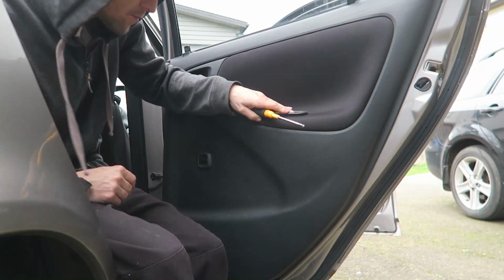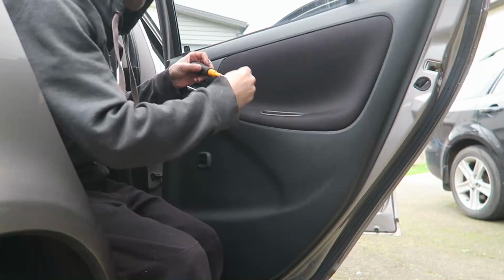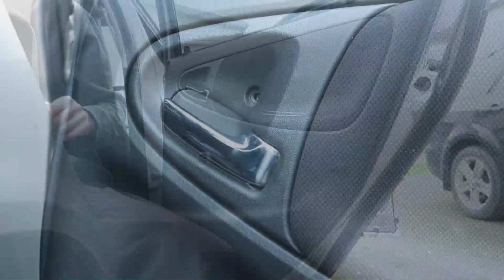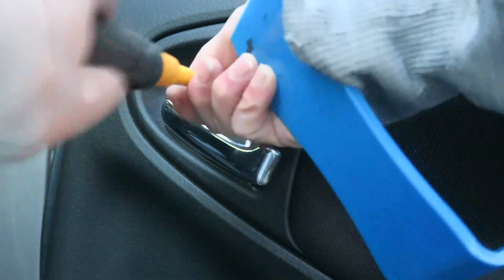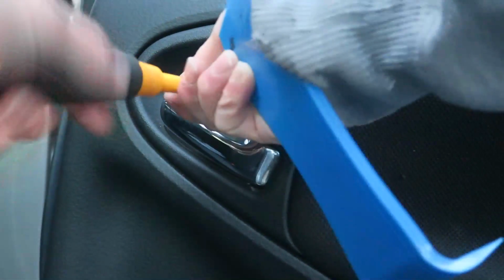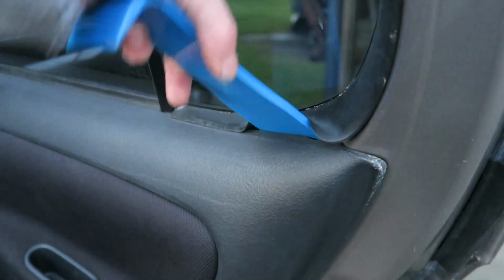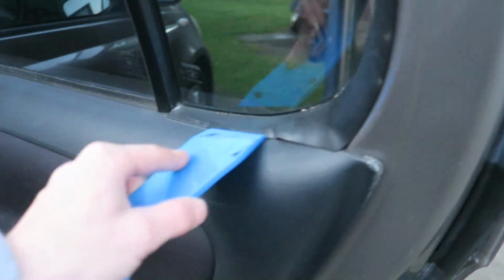And just put this in, and the screw, and replace the door handle screw. You just get your pry tool under here and pull the rubber up. It's a little bit tricky, but